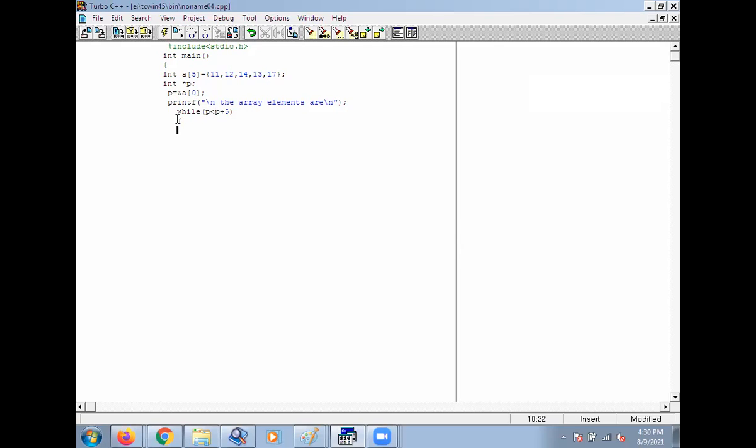Then opening bracket, then printf("\n%d", *p), then p++.